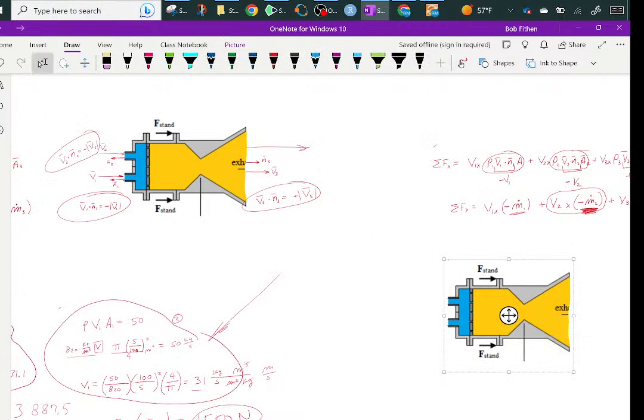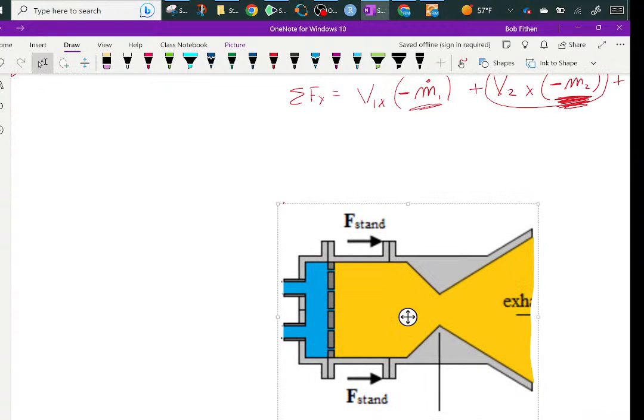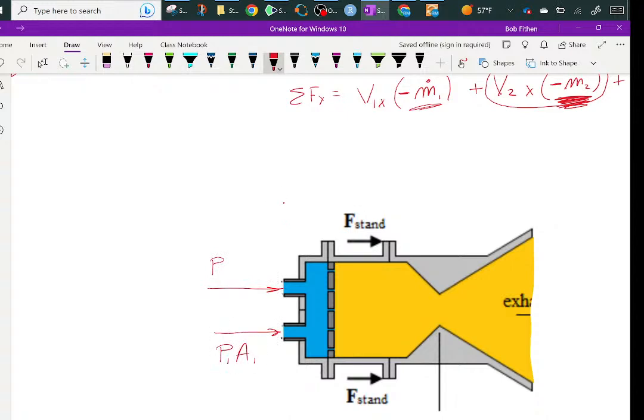So if you look at the sum of the forces, what you've got is a pressure here: pressure 1, area 1, pressure 2, area 2, and pressure 3, area 3. So if you're summing the forces, the left-hand side should include P1A1 plus P2A2 minus